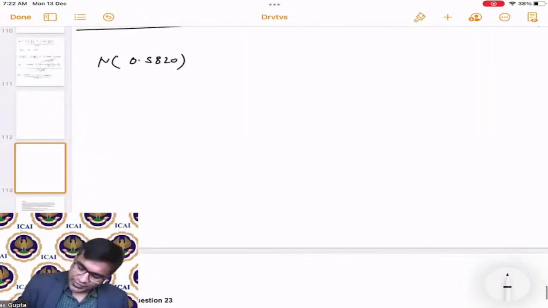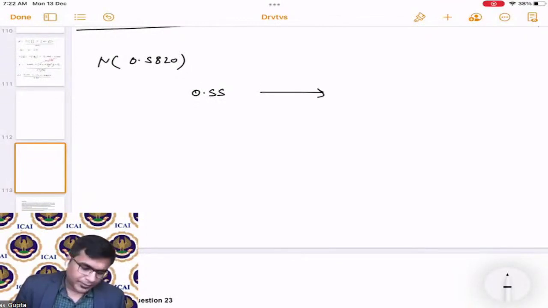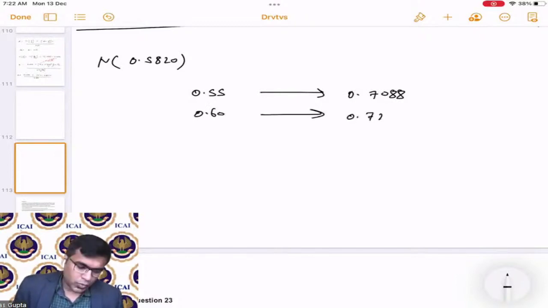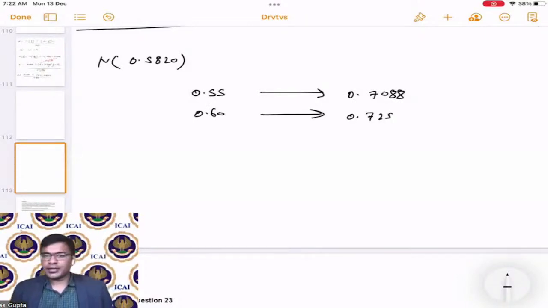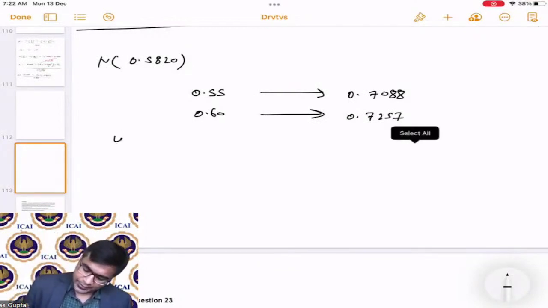So 0.55 is actually 0.7088 and 0.60 is actually 0.7257. This is what the cumulative value is. Now, using the interpolation technique,